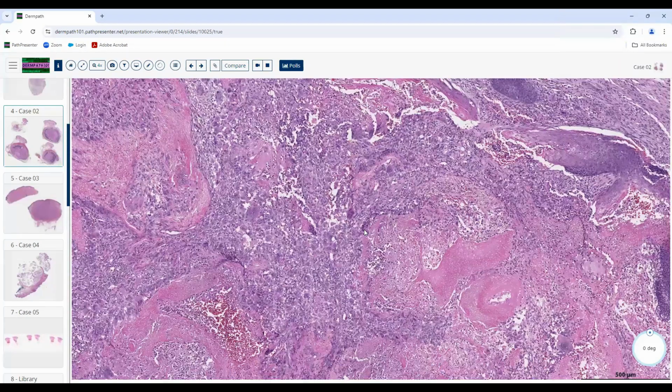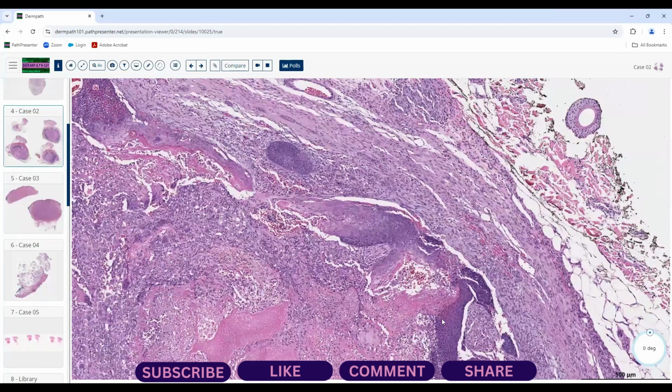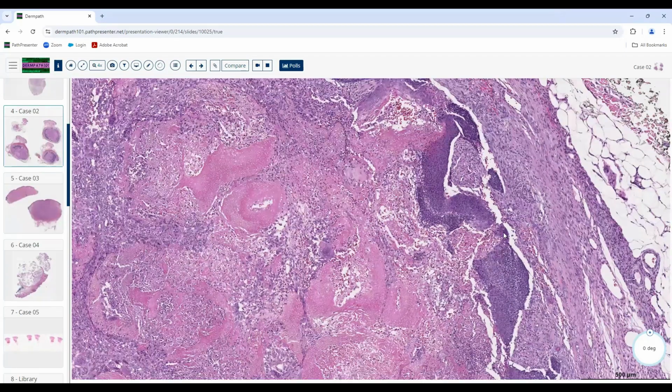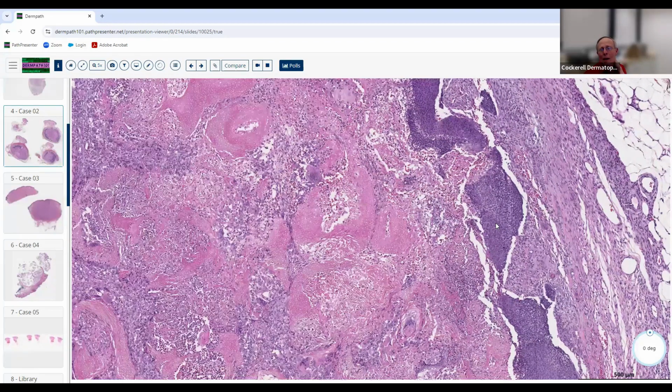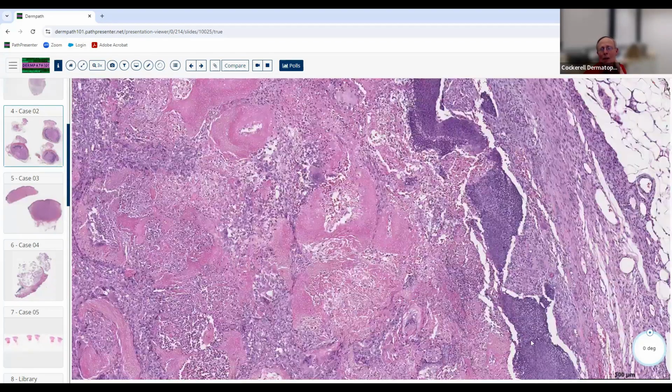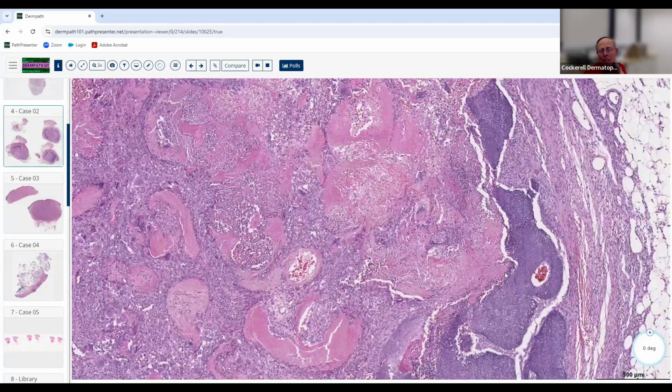Is it Rubenstein-Taybi? I'm aware of that one. It's possible. I may not know that. It is possible, but glioblastoma multiforme has been